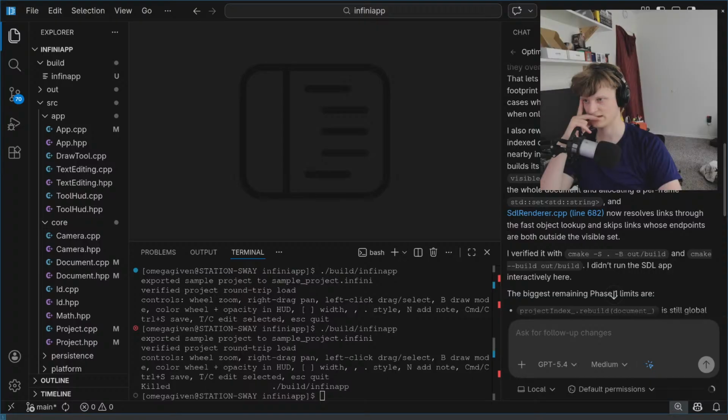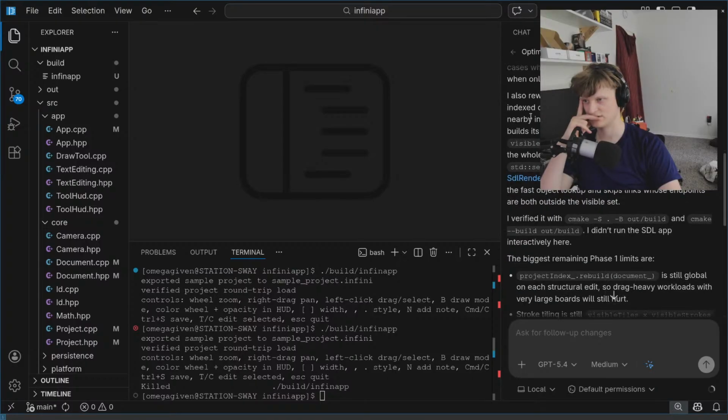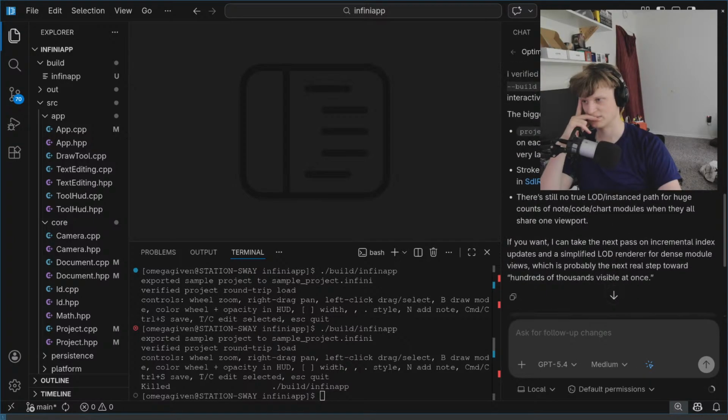Also rewired hit testing and rendering to use those indexed queries. Now hit test only nearby indexed objects. Biggest remaining phase one limits are rebuild is still global on each structural edit, so drag heavy workloads with very large boards will still hurt. Stroke tiling is still visible tiles times stroke tiles. There's still no